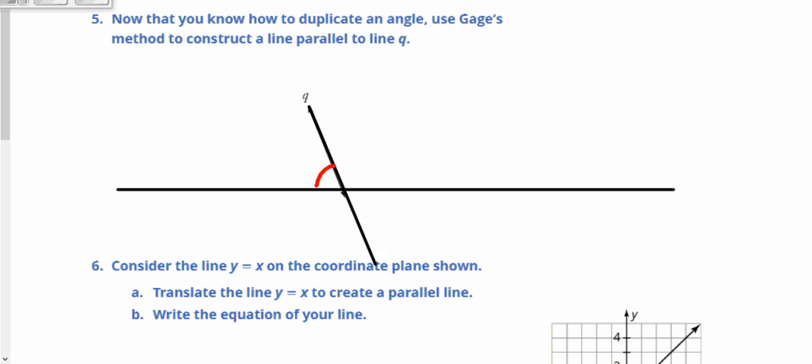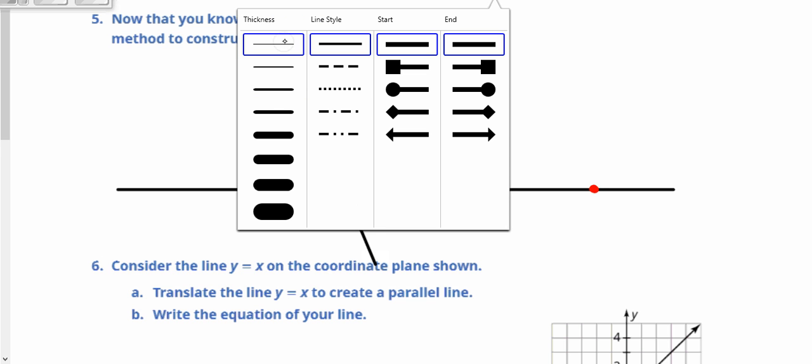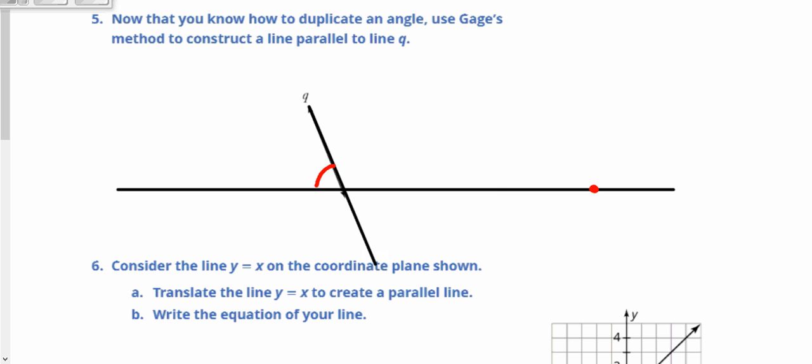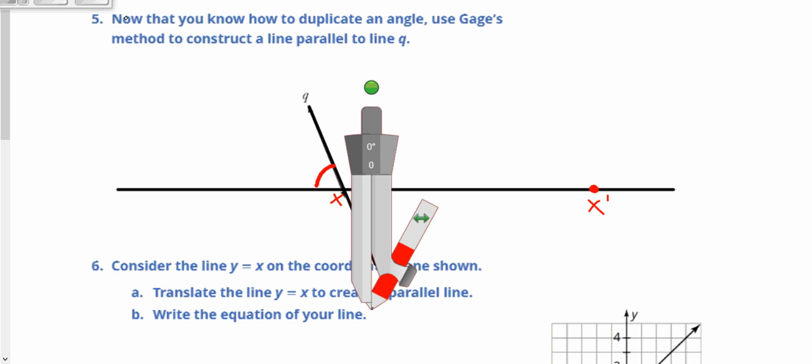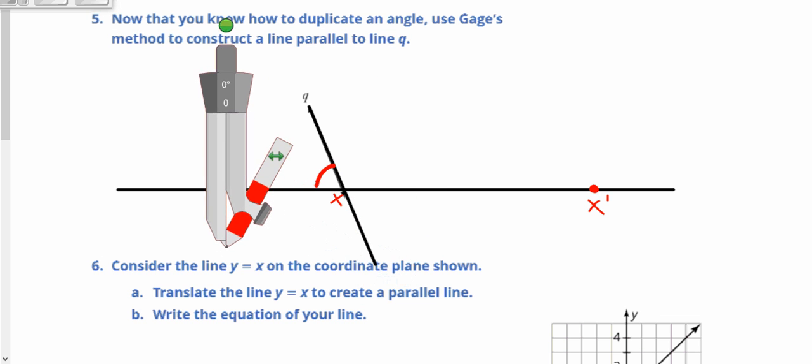So the first thing we need to do is we need to just pick a point down here that I want to start with. And we're going to just label this one just so that we kind of keep track of our points and all that. So I'm going to label this one, let's just call it X. All right, and I'll call this one X prime. Okay. All right, so with my compass, I need to